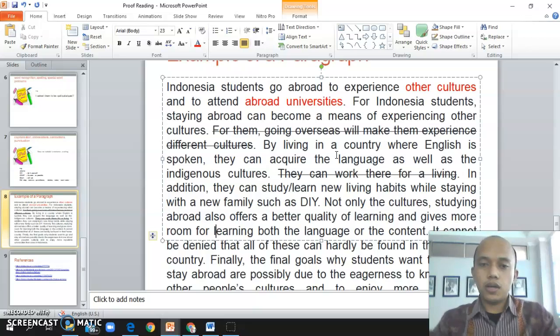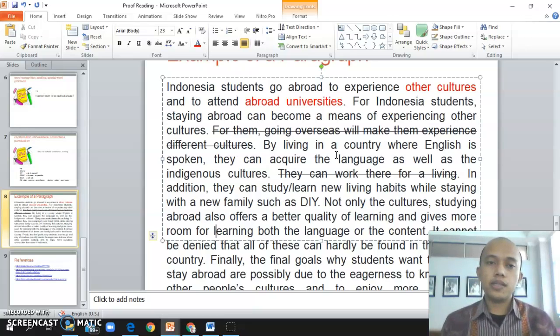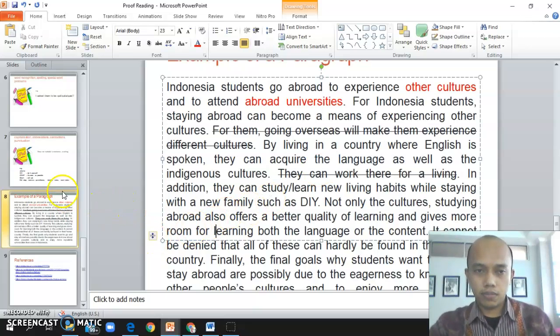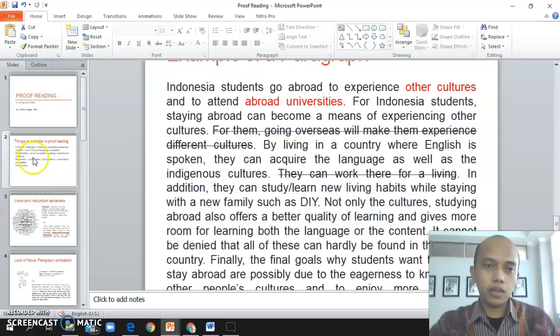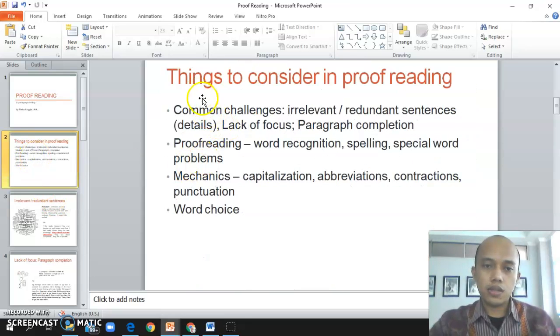Then, in conclusion, we as proofreaders need to be sensitive, we need to be competent, and we need to be knowledgeable enough in terms of grammar and mechanics so that it becomes an automatic skill, in order for us to be able to proofread any written text, from ourselves for example, or maybe from our friends. So please, if we refer back again to the previous one, do consider these things before you do the proofreading, because